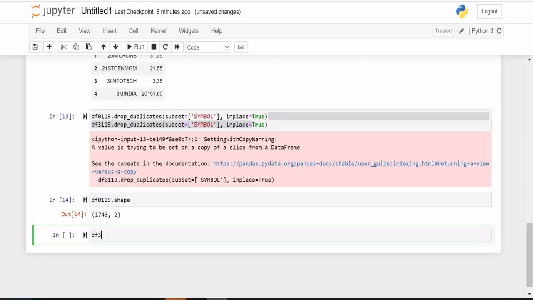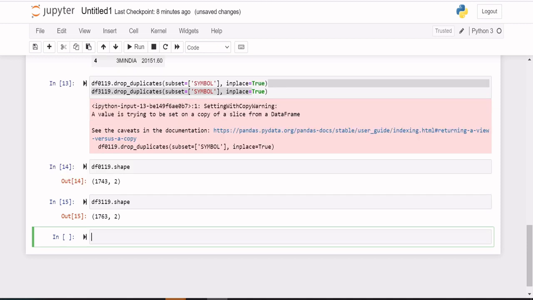Similarly, let me take df3119.shape. So I got 1763 rows.